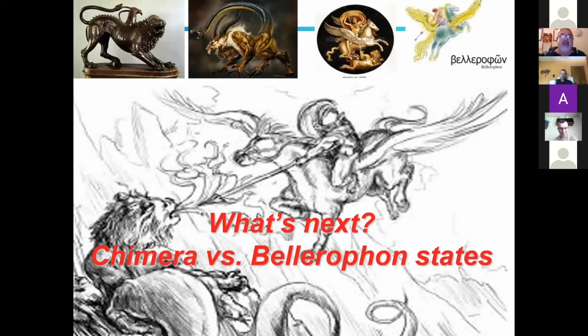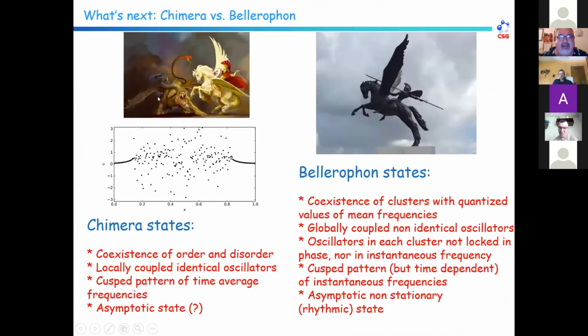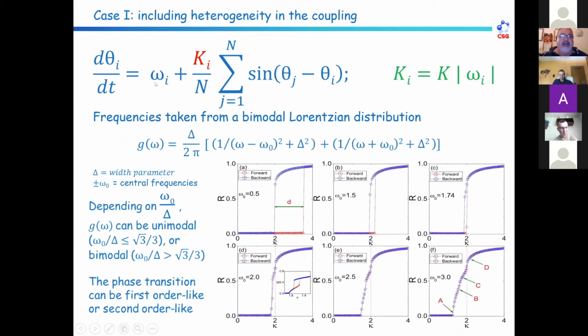So let's now prepare a system in which I can have both possibilities. I want to consider a system in which, depending on the parameter, I can be first order like or second order like. This is possible by slightly, again, modifying the Kuramoto model and introducing heterogeneity in the coupling with the mean